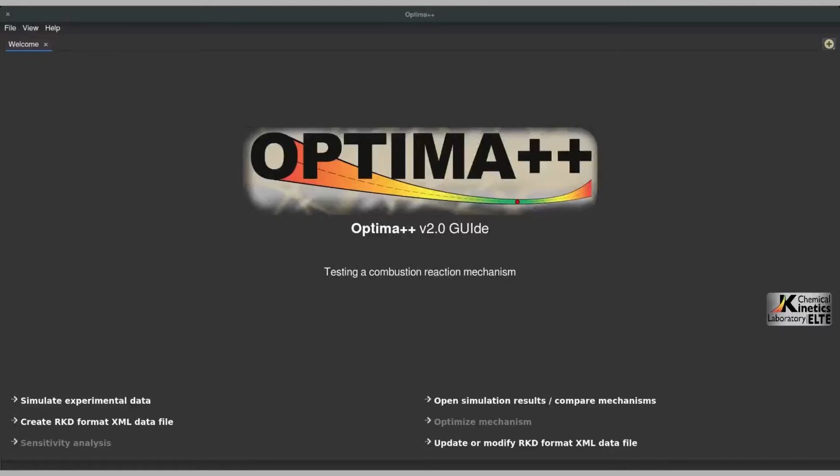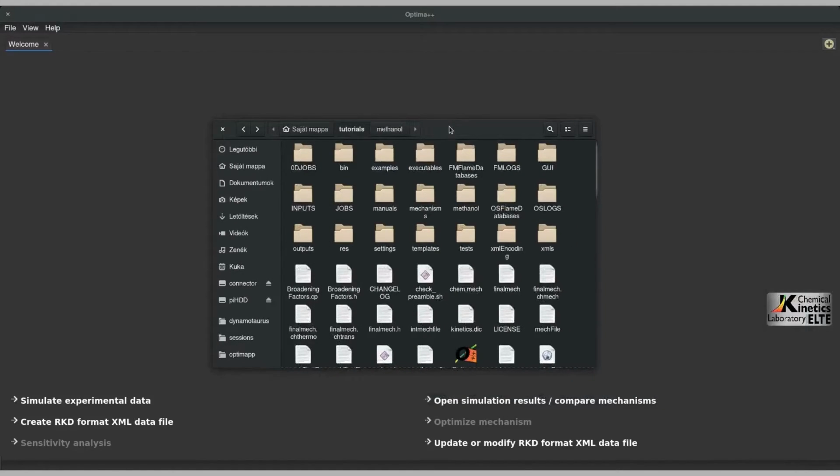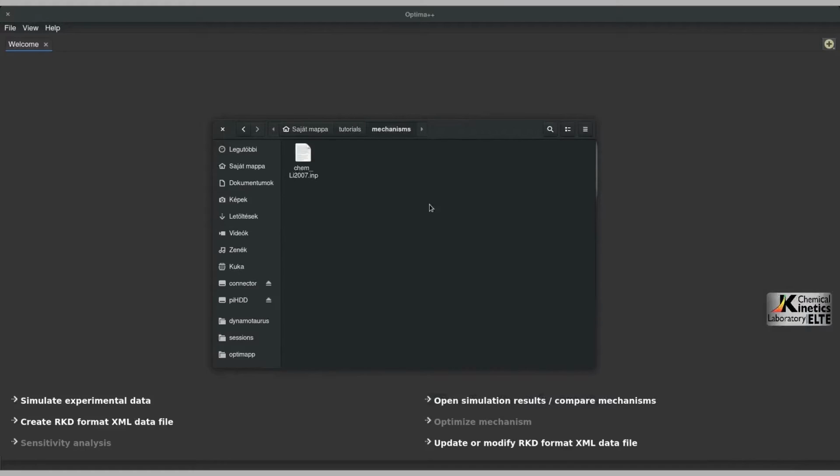Now, I run Optima++ for testing the Lee 2007 mechanism with selected experimental data. As you can see, the downloaded mechanism and XML files have been copied into the mechanisms and XMLs folders, respectively, in my Optima++ installation.